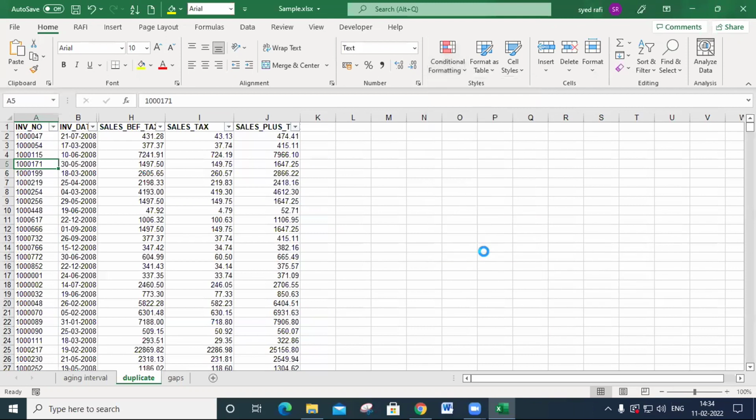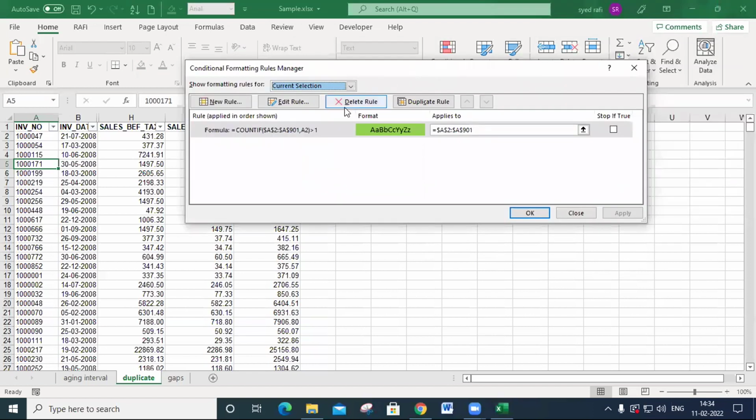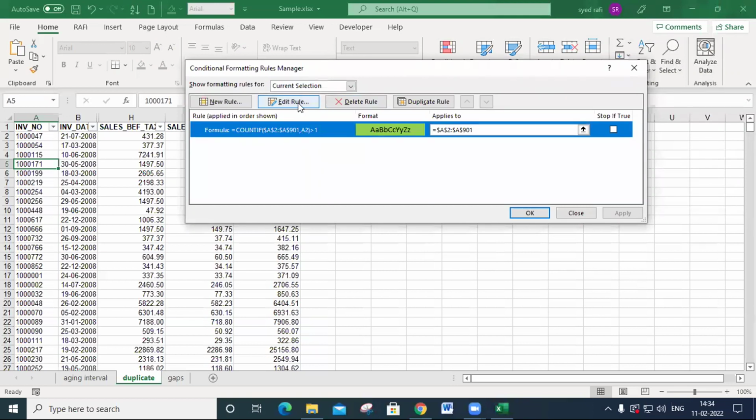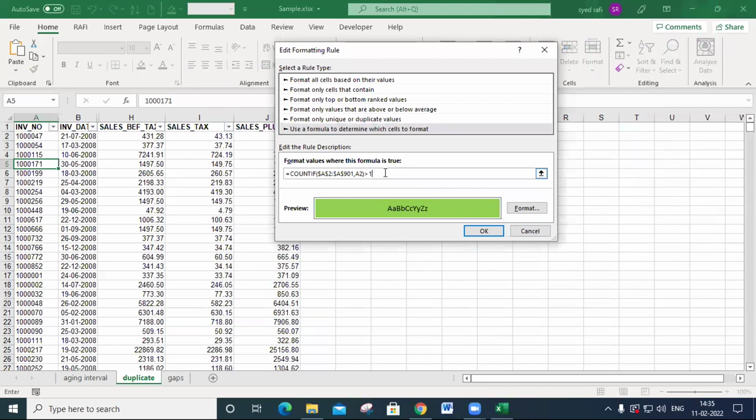It opens a dialog box. If you want to edit it, simply click Edit Rule, and it will be displayed like this. So COUNTIF does the work.